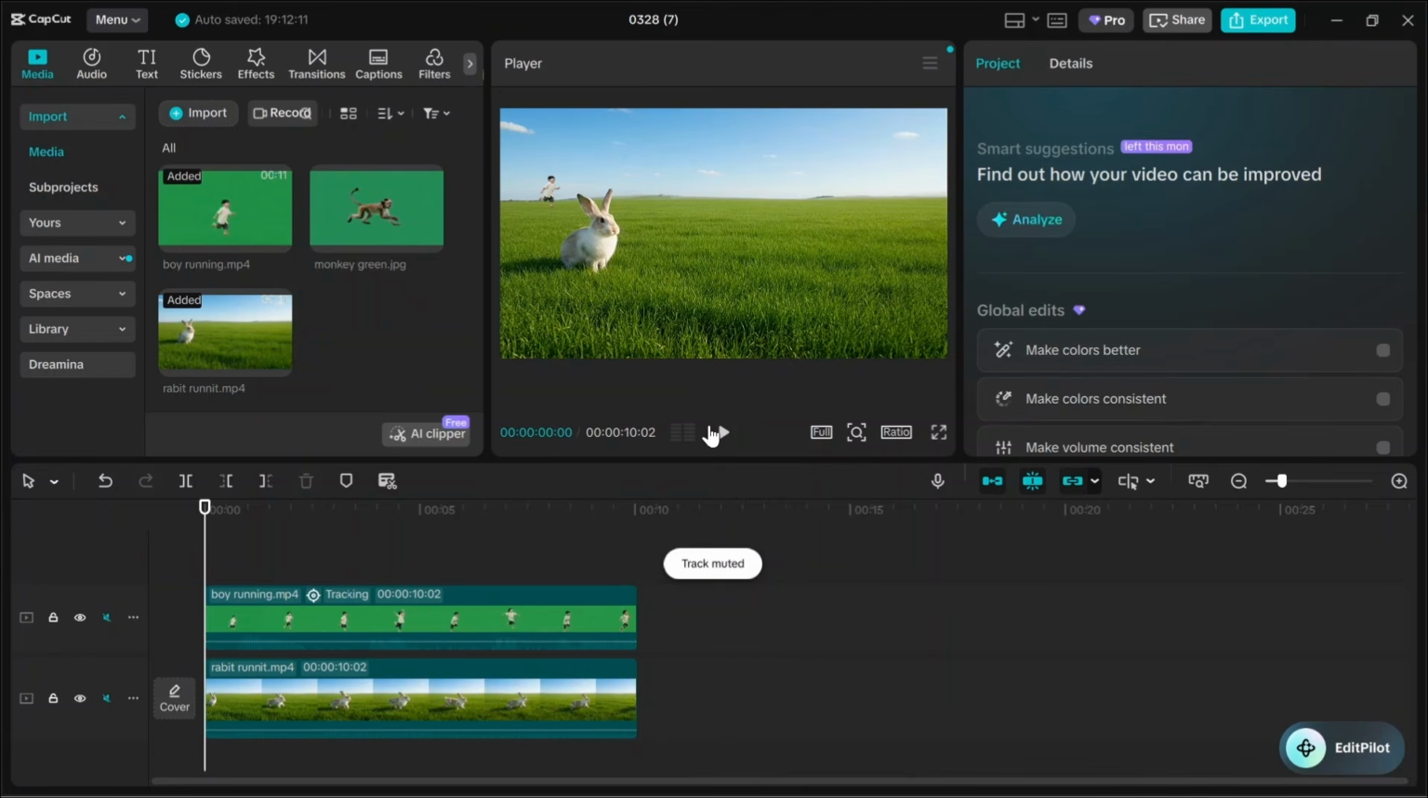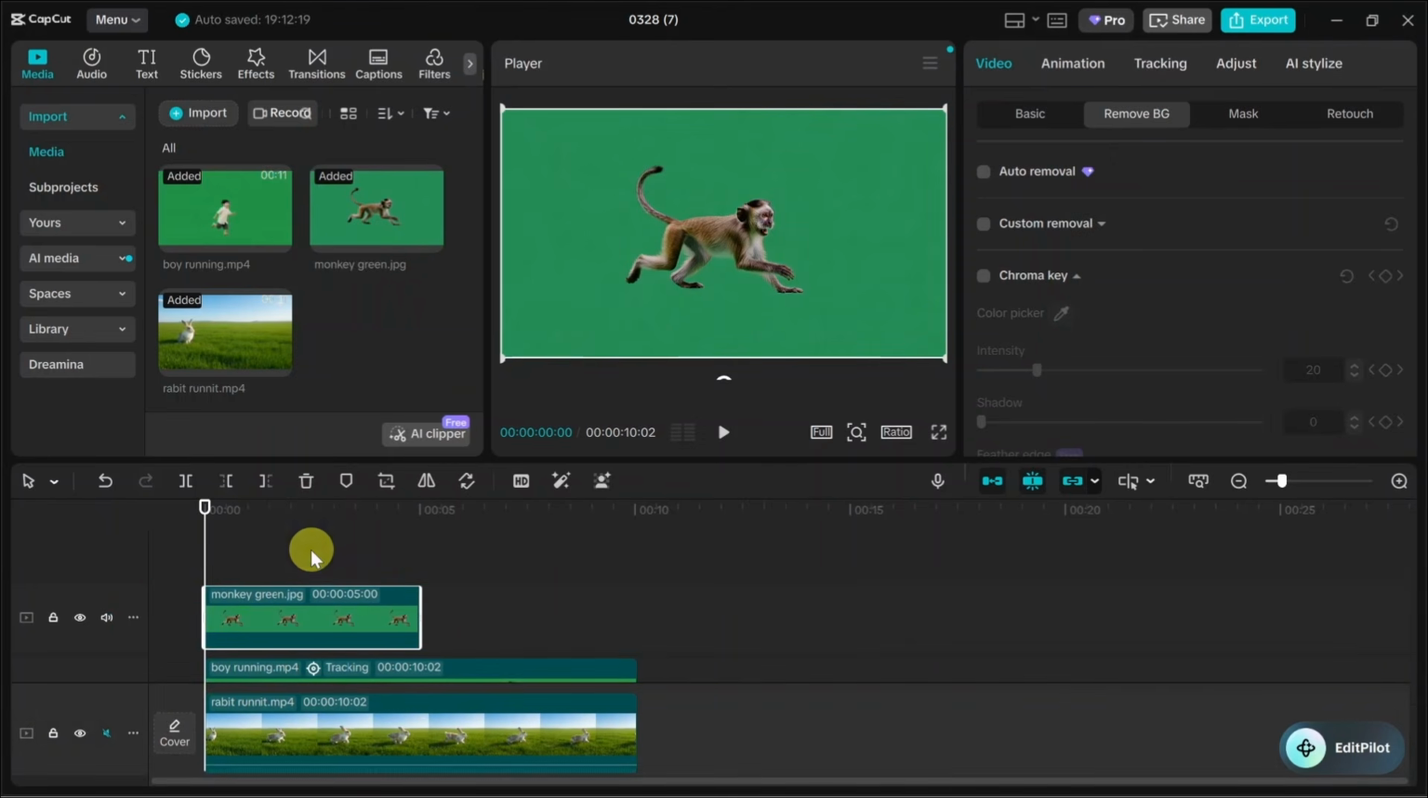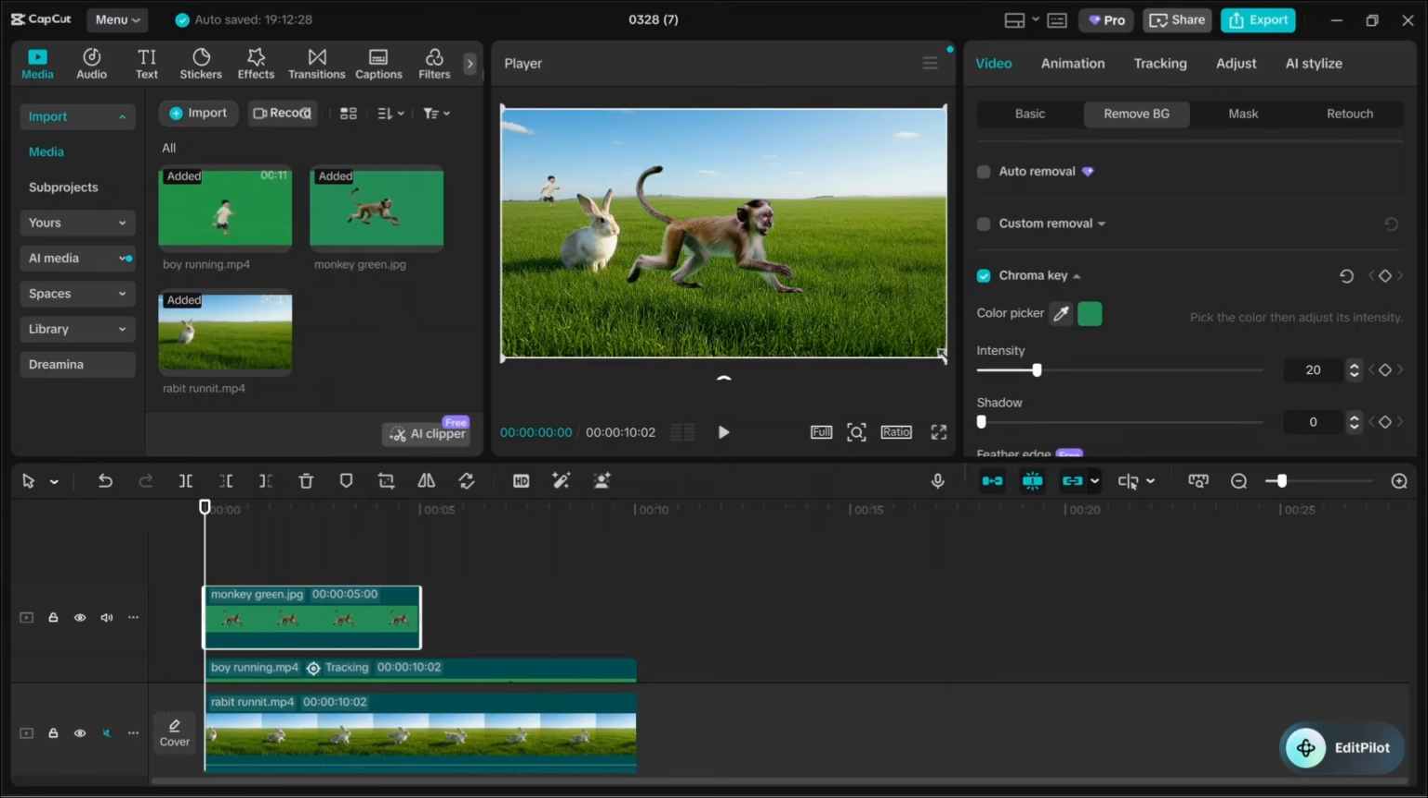Now I'll add a few more objects. Okay, let me add this image. I'll put this image here. I'll remove the background: video, remove background, chroma key, mouse over. I'll reduce the size of this monkey. I'll keep it somewhere. Okay,